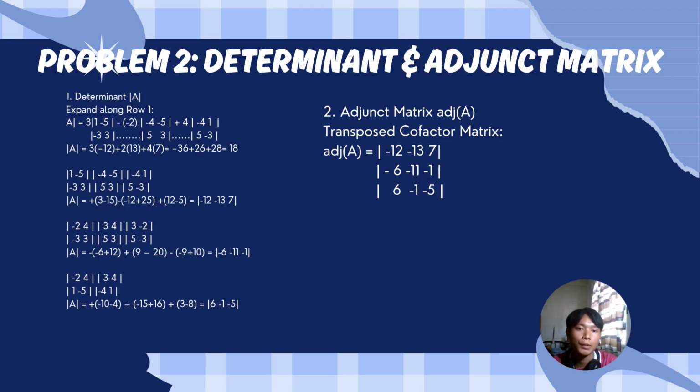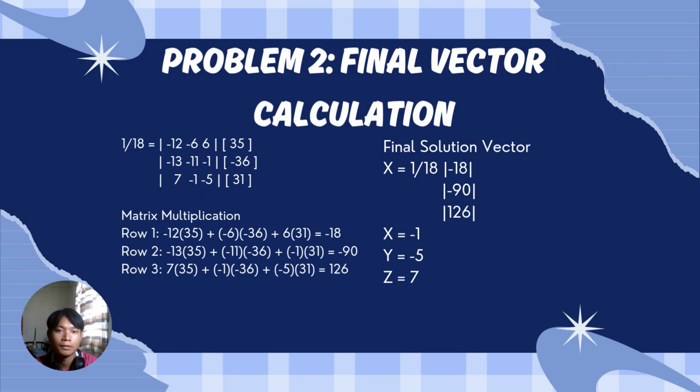The adjoint matrix is equal to the bracket: minus 12, minus 13, 7, minus 6, minus 11, minus 1, 6, minus 1, minus 5. Okay, I'm going to the next slide. Okay, the final vector calculation: x equals the bracket minus 12, minus 6, 6, minus 13, minus 11, minus 1, 7, minus 1, minus 5,